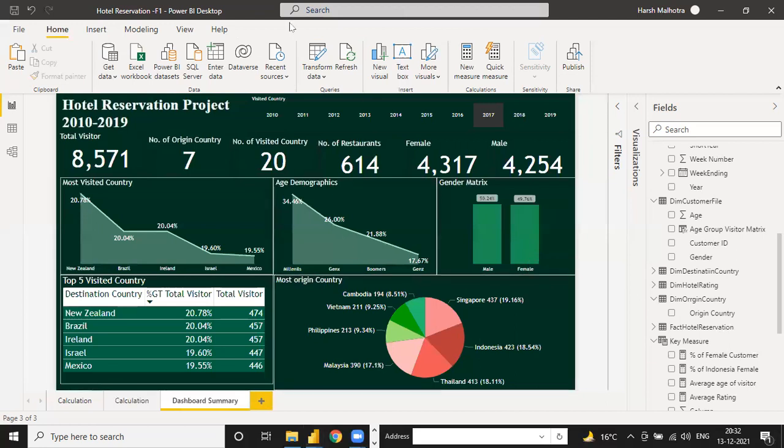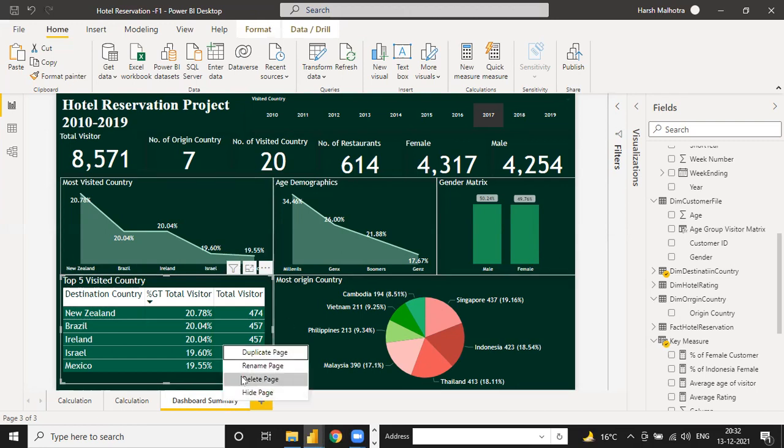Yeah, Harsh, if you want to see in this file only New Zealand, how many females and males are there, just for New Zealand. Okay, only for New Zealand if you want, to make it more user friendly. So that is the way. This is just a summary. So that is where we have to get to the second or third page. In the second or third page, we have to analyze country wise. Okay, I will let you know how.